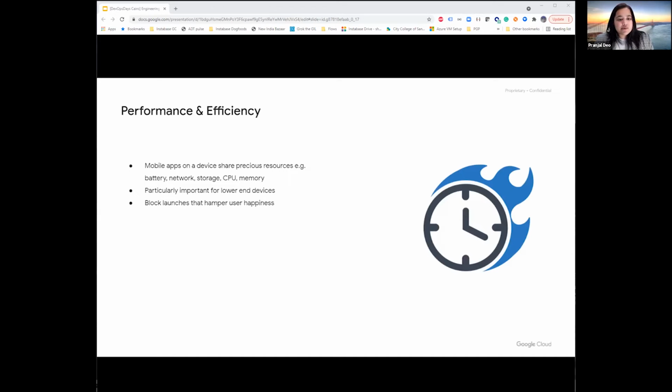Now, what resource enables your phone to be mobile in the first place? It's the battery, making it one of the most valuable resources of a mobile device. Then there are other precious shared resources like CPU, memory, storage, network, and no application wants to misuse these shared resources and get negative reviews. Efficiency is particularly important on lower-end devices in markets where internet or data usage is high cost.